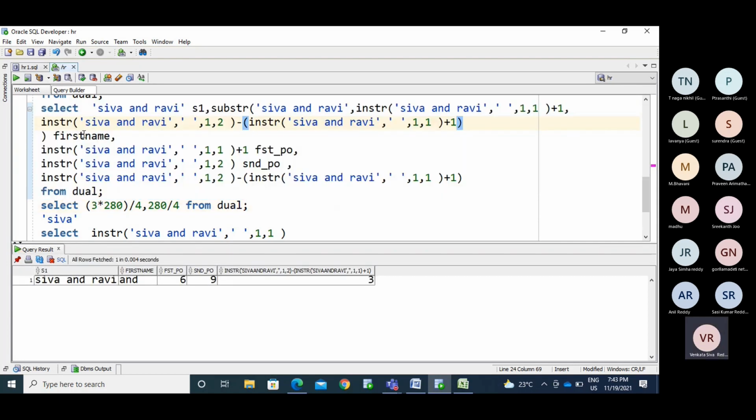So this is the middle name. And got it? So you won't get this much complicated. We have the first name. Few people may have first name and last name, no middle name. So in that case, how can you do that? Try it yourself. This is required. I'm not saying this is not required. Definitely it is required.